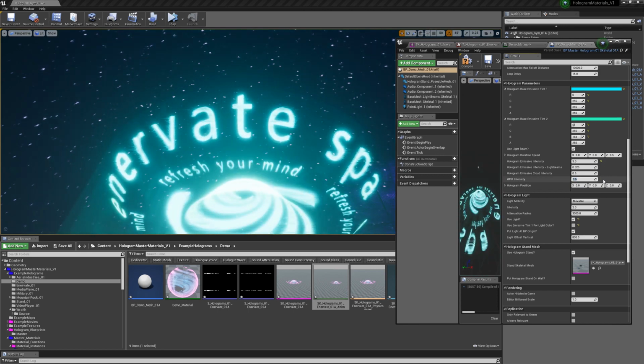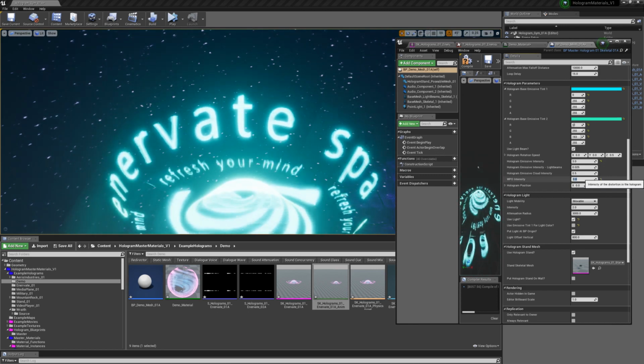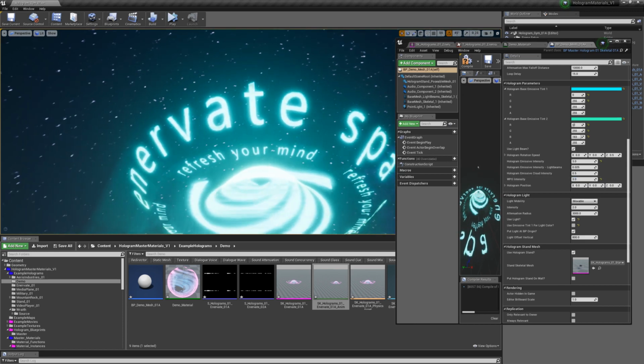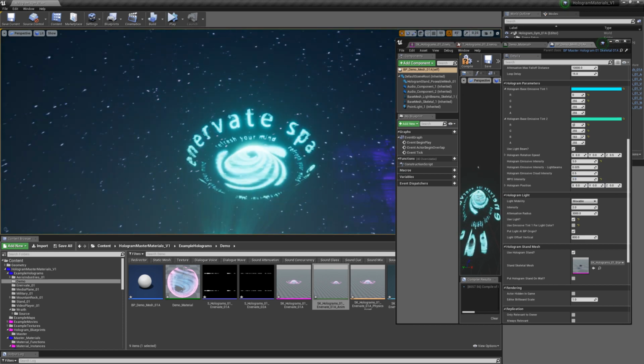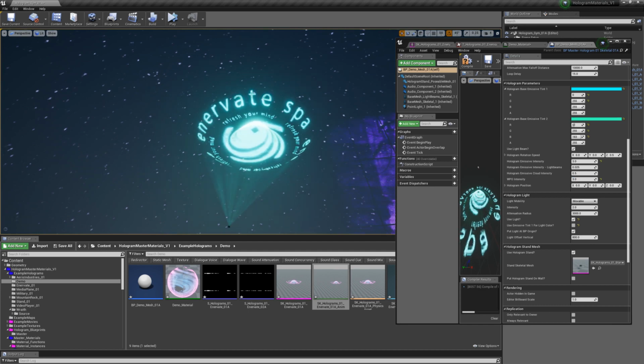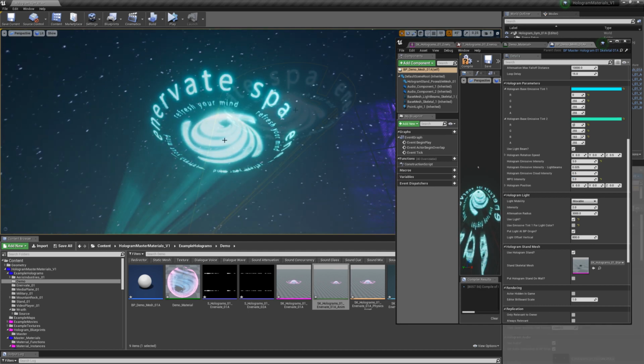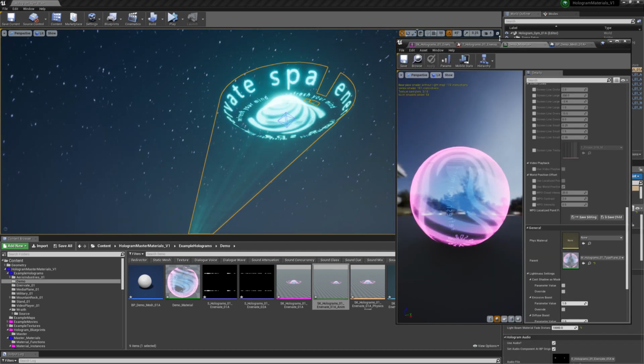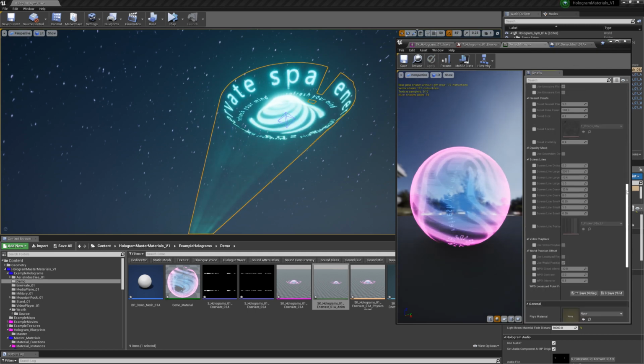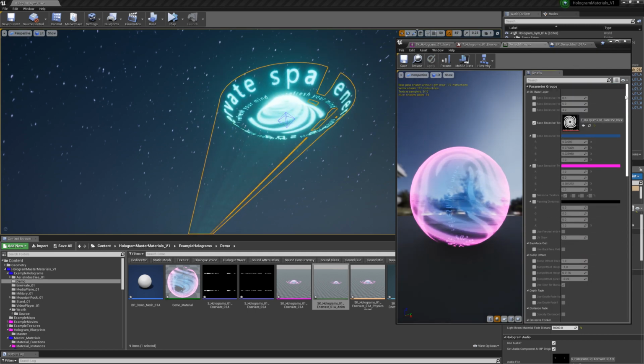But I usually find the default value is pretty good, or upping it to 2 or 3 should be good. You always want to be able to read the words on it, right? And just to show you guys what's going on in the material a little bit, if I scroll this open,